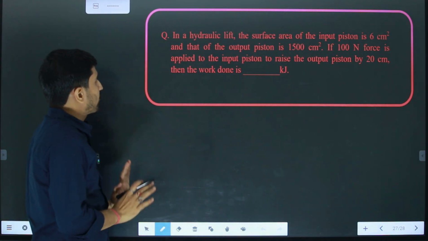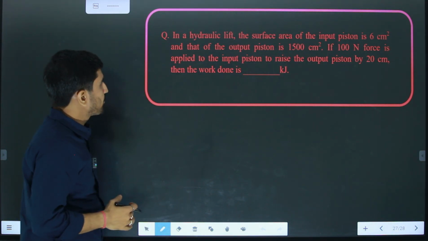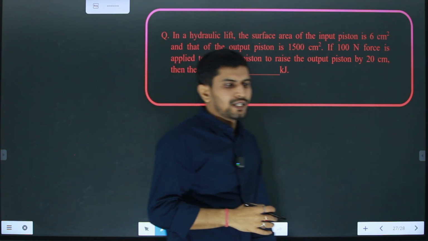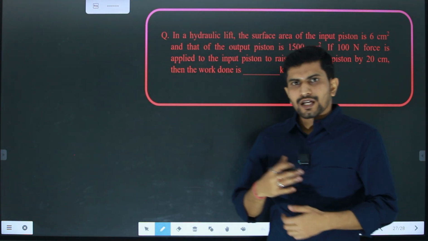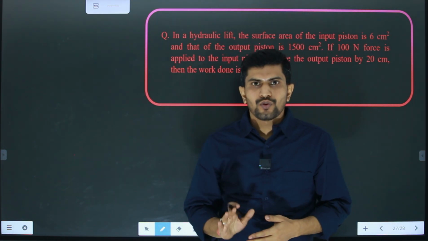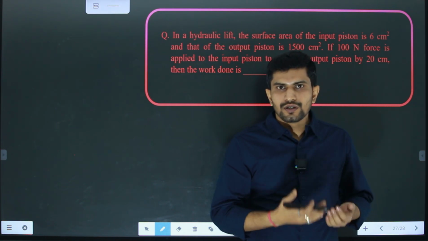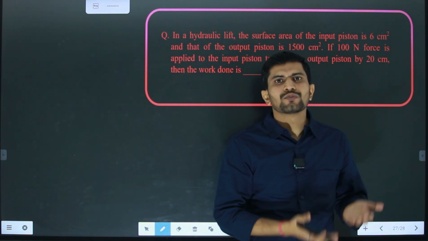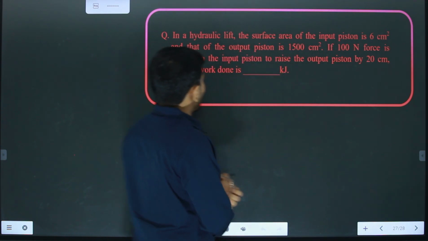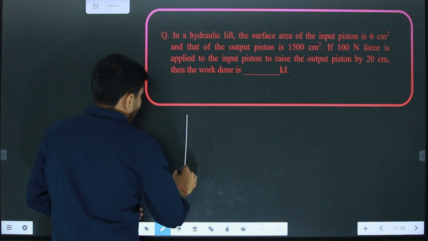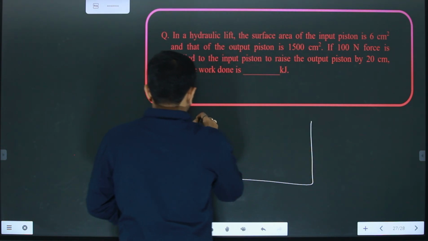In this question, we have one hydraulic lift. Okay. And we know that in hydraulic lift, we do mechanical work. We apply force on one piston and because of the equal pressure, through the other piston the object will be lifted. Okay. Now if I want to draw the hydraulic piston or lift,